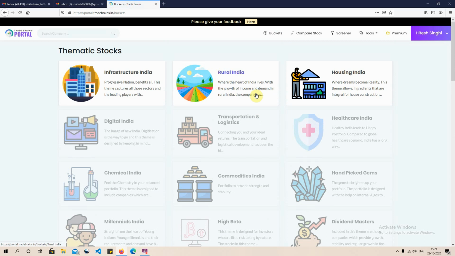Now what exactly does this bucket mean? If I were willing to invest in an infrastructure India kind of fund, what would that fund have? All the shares which are going to benefit from the development of infrastructure, or who are the key component in the development of the infrastructure, are a part of this theme. If I were to open this theme, say of infrastructure India,